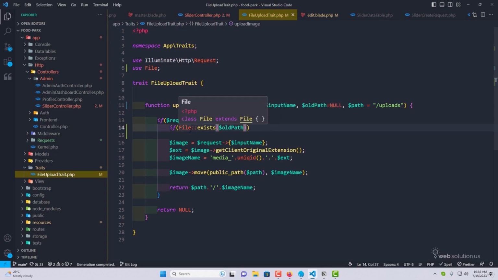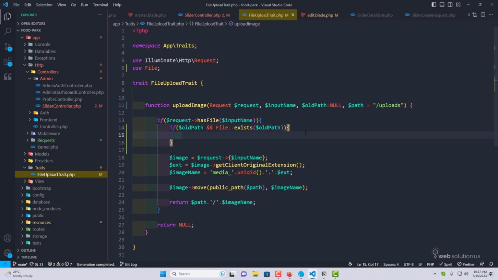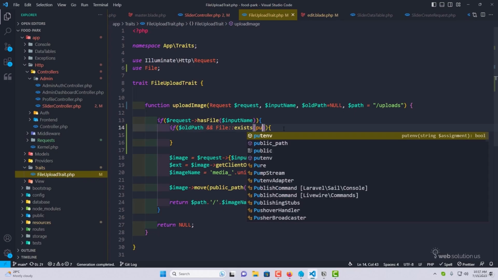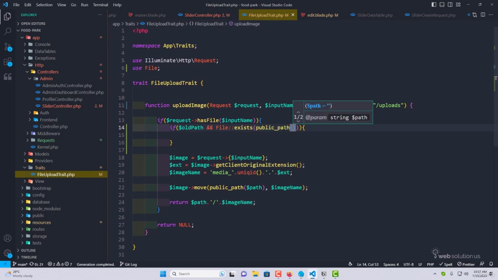Got it? And also we can double check if the old path has any kind of value, and if the file exists in the storage. In that case, we'll be deleting the image from the path. And make sure you wrap this old path with the public path function, because this path exists